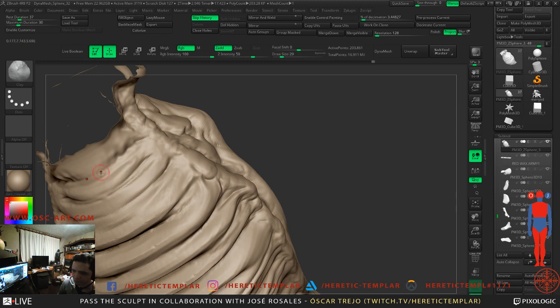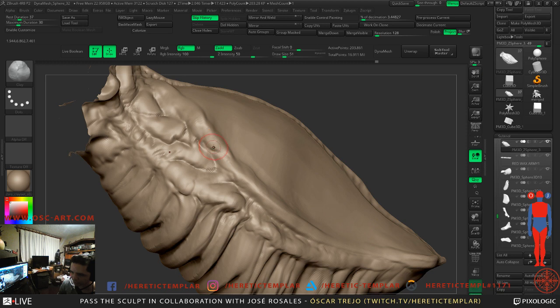So even though it's supposed to be an insect, I want to have everything looking a little disgusting. Like a lot of wrinkles